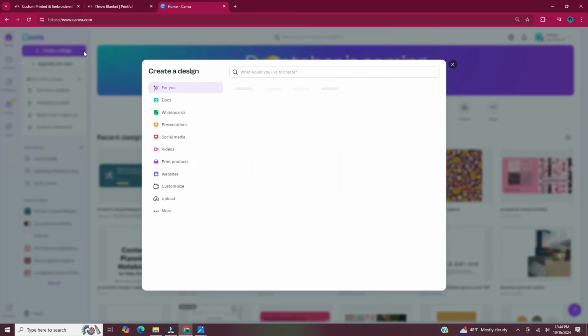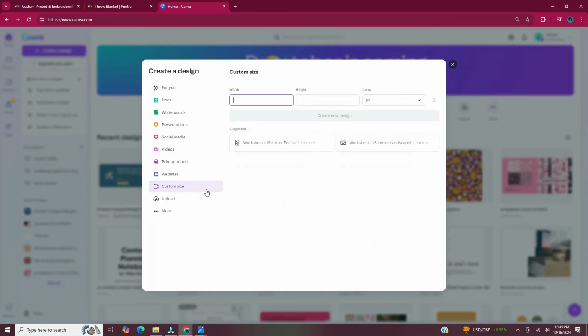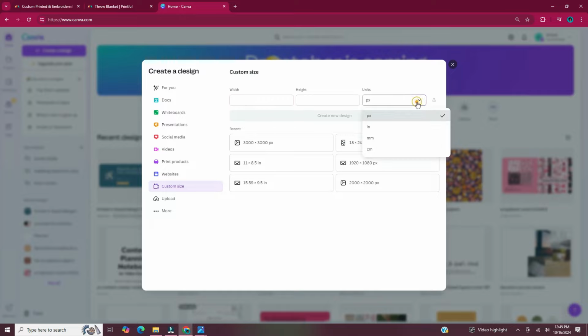So I like to let you guys know sometimes when things don't go quite how I thought they were going to go. And in this case, it happened when I was creating the size for my document. So on the left side panel, if you go down to custom size, you can put in whatever size you need. So on the product page on Printful for the throw blanket, I've seen the print file size of 53